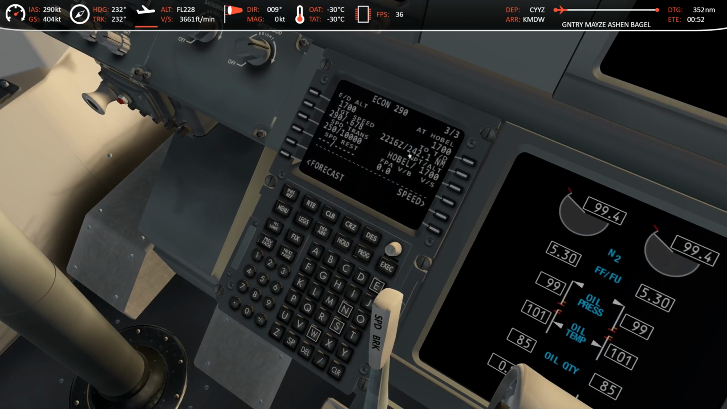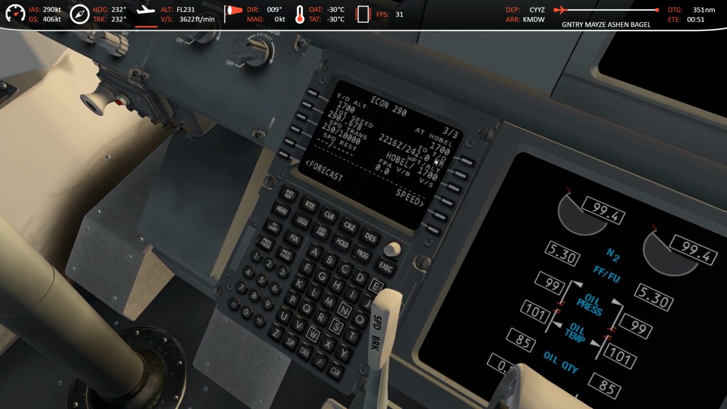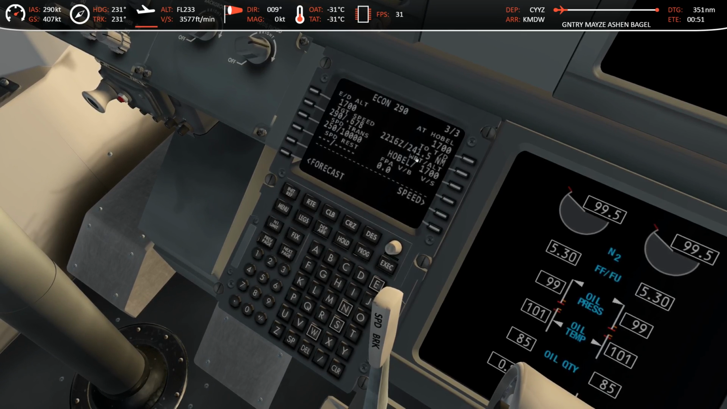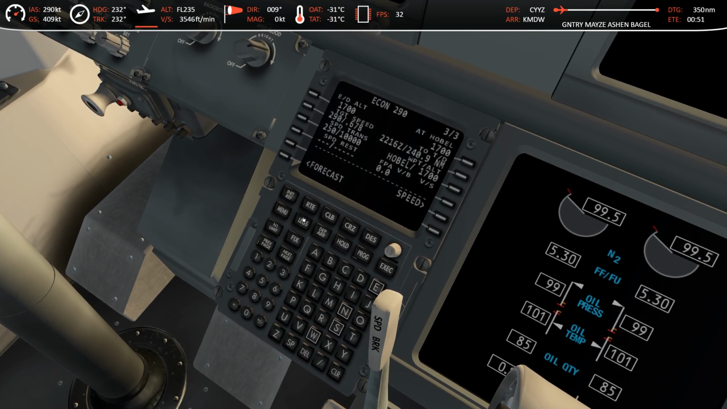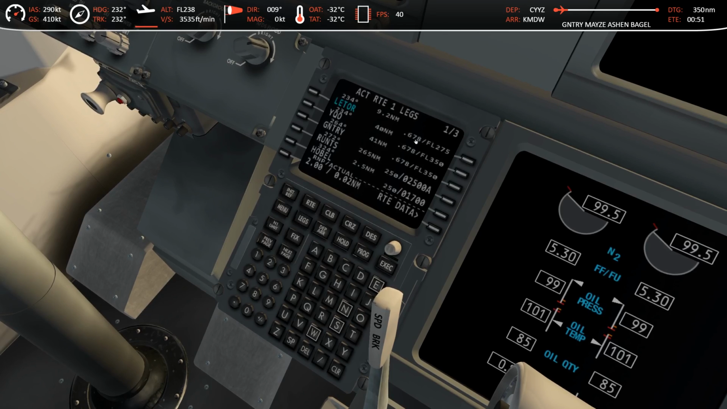I'm 242 nautical miles away from where I have to start my top of descent. So in other words, in 241 nautical miles, I will have to start descending back down to about 5,000 feet. If I click on the legs feature here, I can see it all. So I'm going to be at